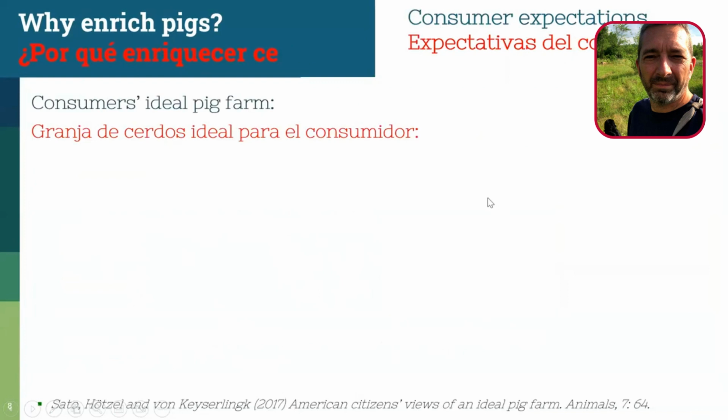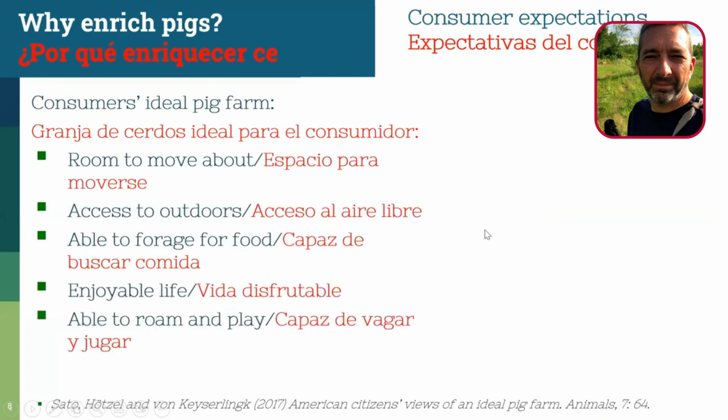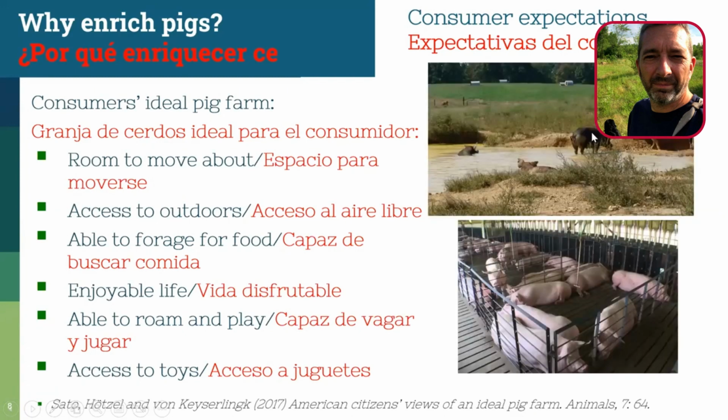There's also the element of consumer expectations. So this is work done by Maria Herzl in the UBC group, Sato's first author, and they're asking consumers what they think is the ideal pig farm. And a lot of times animal welfare components come up within what they think the ideal pig farm. They want their pigs to move about. They want access to outdoors, able to forage for food, have an enjoyable life, able to roam and play, access to toys. So a consumer is expecting pigs to be raised more in this type of system than this type of system. I mean, this is